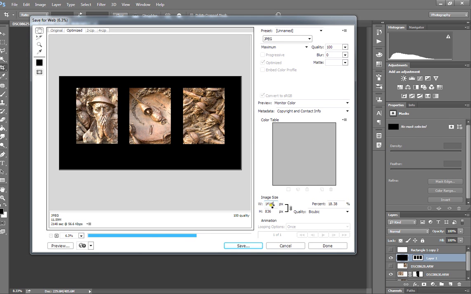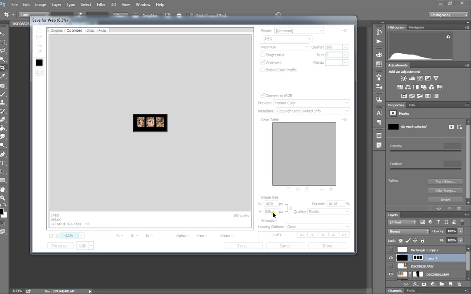So in terms of size, we're going to save it as image size 1620 pixels wide, and that makes sure that our height is less than the 1080, and that's fine. It's small at the moment because it's only showing as 6.3%, but when I hit save, that's going to export it as a file that's the right size and good to go, get renamed and sent into